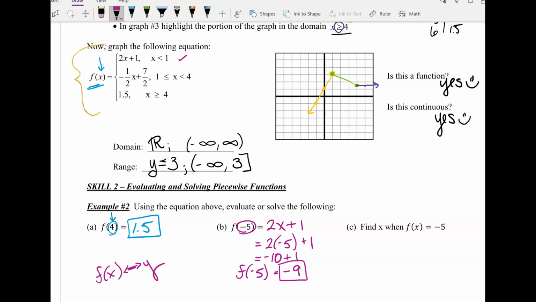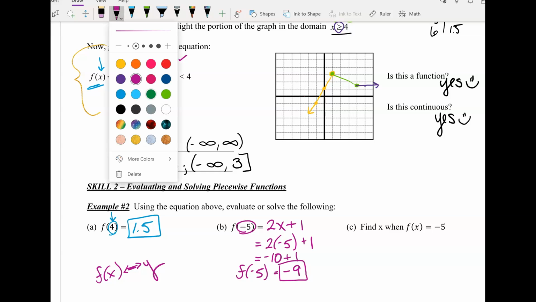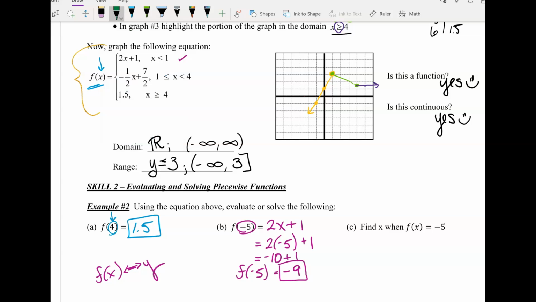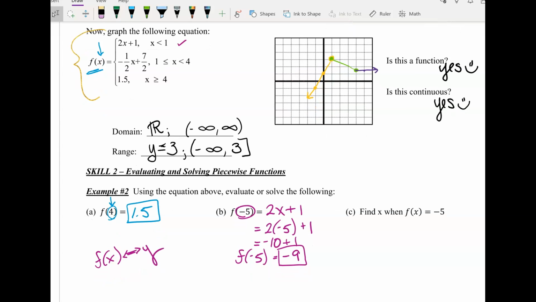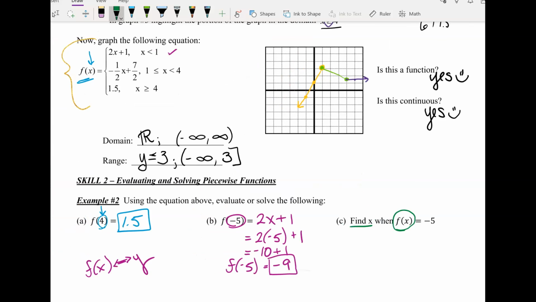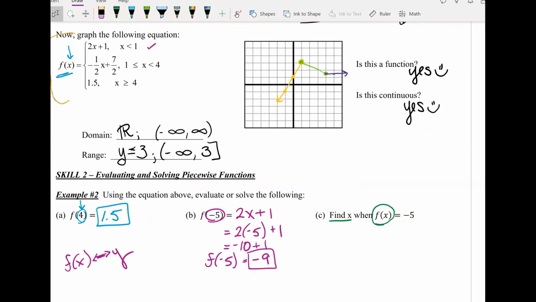And last but certainly not least, this doesn't look the same. Read the directions. Find x. What are we looking for? X. If you said x, you are correct. When f of x is equal to -5. So we have 3 pieces. We're going to test this, find our solution 3 different times. Okay, this means when